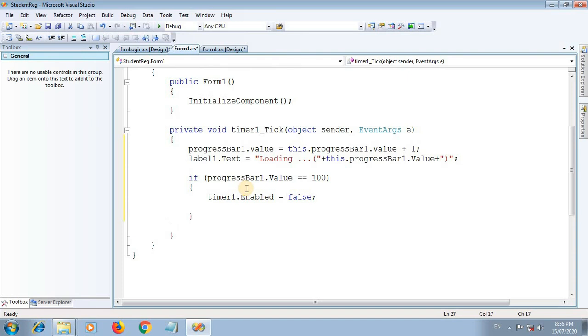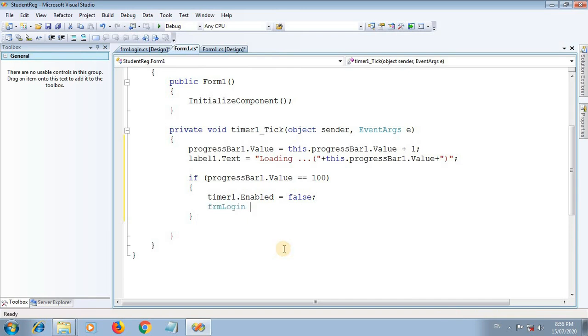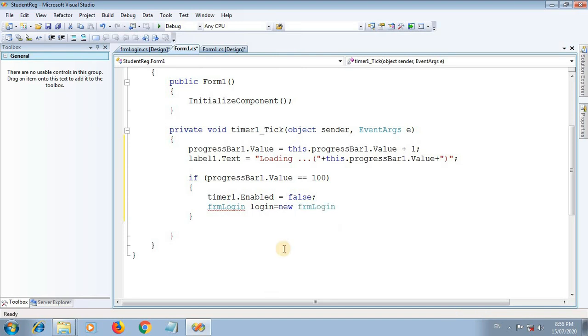Then after the timer stops we open the login form. For opening the login form, first create an object of login. This is our form frm login. I am creating an object login is equal to new frm login. So this is the creation of the object.